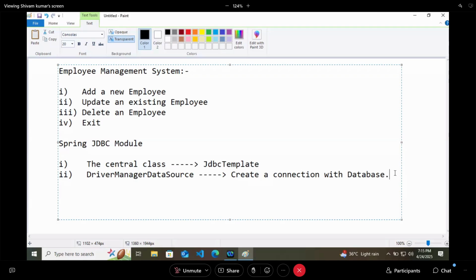We are able to do these things because of this particular class. When it comes to creating a connection, DriverManagerDataSource is working. When it comes to performing operations, JDBC template is there. And all these things are inside the Spring JDBC module.